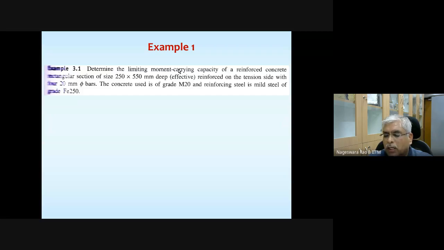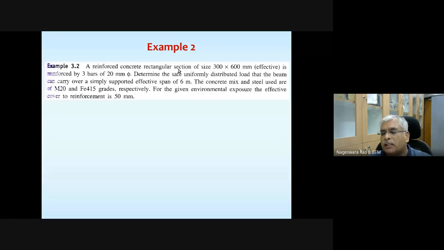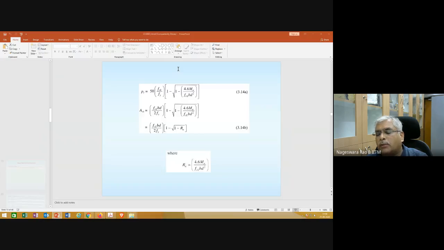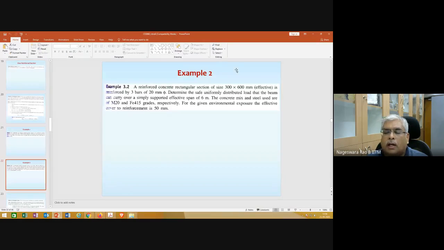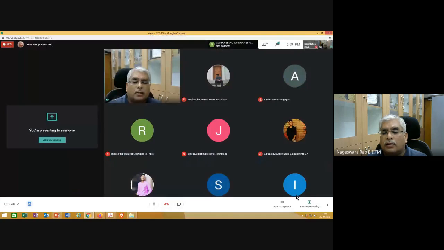Okay, you can also try example 2, which is whatever I explained to you now. Okay, so I'll stop here. Once we complete limit state design, at least for rectangular sections, what I suggest is whatever assignments you have, assignment 2 and 3, which you have done for working stress method, you need to repeat with limit state method. Okay, I'm going to stop here. Sorry if I exceeded the time.